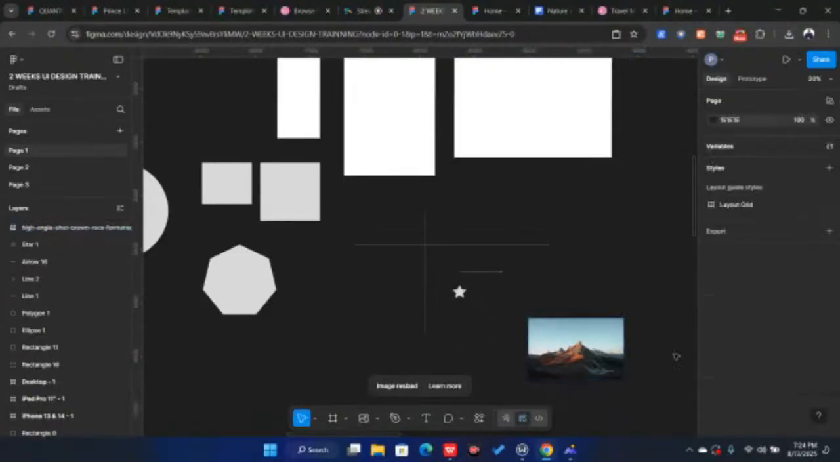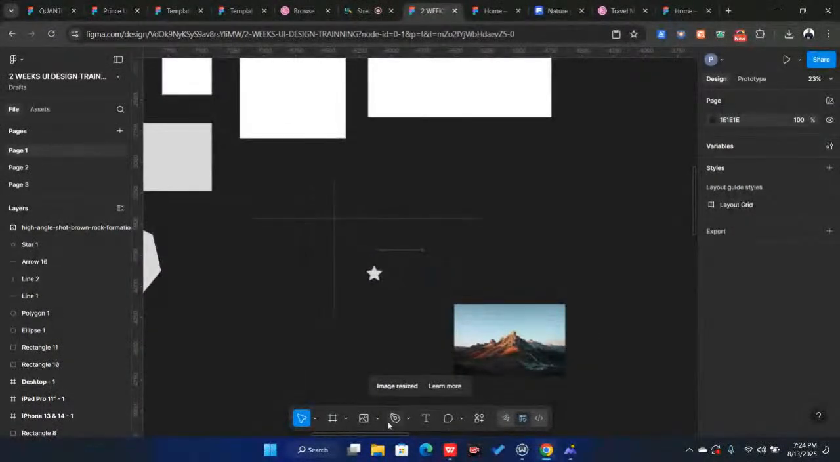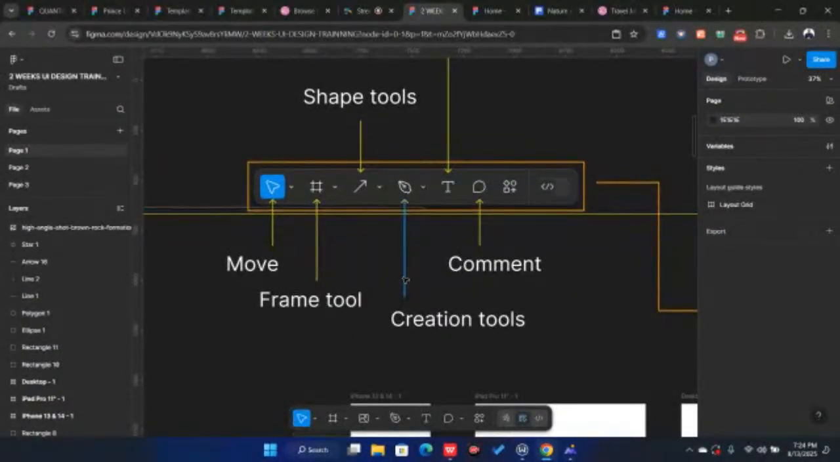You see that, right? So this is how the shape tool works. So the next tool I would like us to talk about is the pen tool. The pen tool helps you, it's like the line tool, but this time around it helps you draw